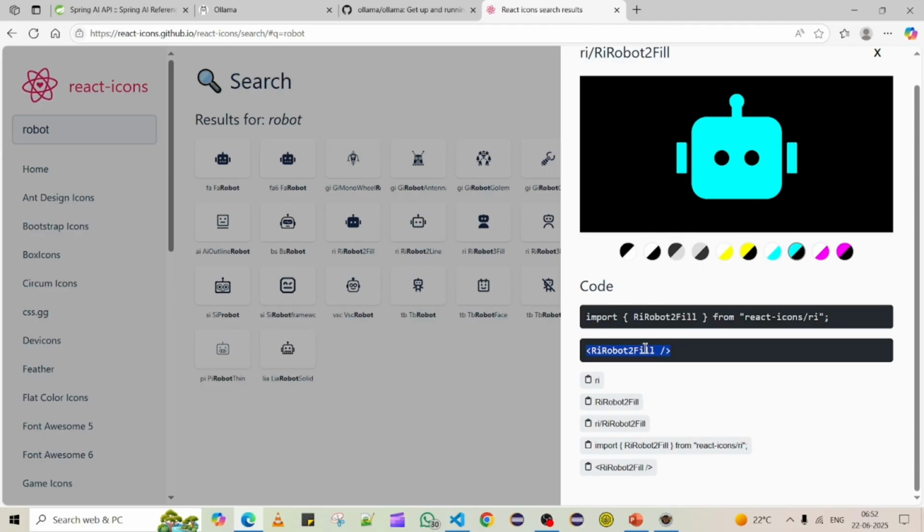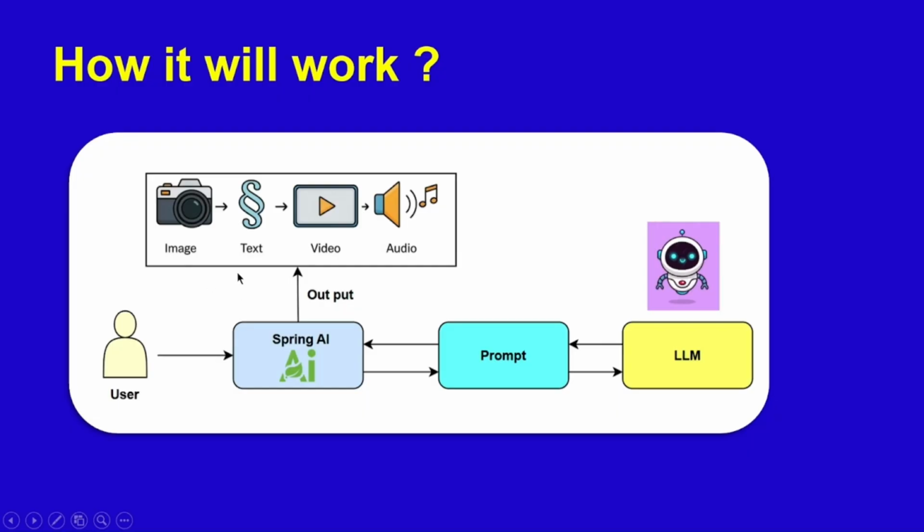So that's all about the URLs, you can use it. As the next step, we are going to see how these components will work together. If you see this flow diagram, we have different components like Spring AI, prompt, and LLM. These are the different components working together, and the user is a React application, a kind of chatbot. We are going to give the query and it will reach the Spring AI application,